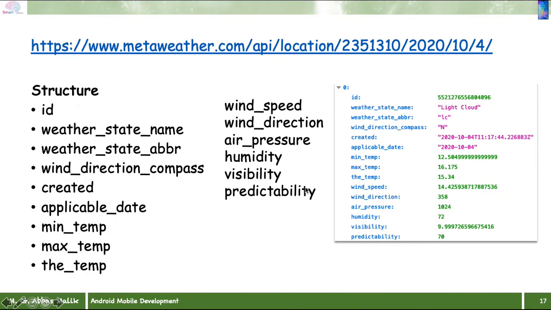Again, this is the structure of that particular specific. We have 13 values: id, weather, state name, abbreviation, direction, maximum and minimum temperature, wind speed, humidity, visibility, and so on. All this information is there, and we need to understand that data so that when we develop our database model for our SQL database, that understanding will help us build those